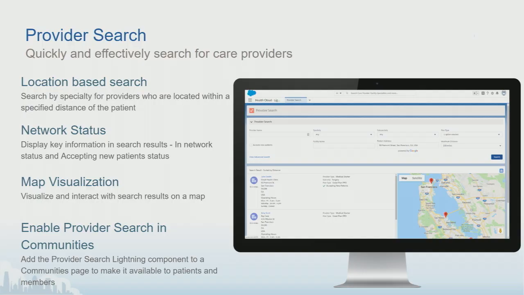The next feature that is really built on top of the provider data model, which is a key part of our provider relationship management solution, is provider search. So as a payer organization or as a medical device organization, you can enable provider search both for your members as well as for your internal employees, which could be sales reps or contact center employees. So some of the capabilities around provider search are the ability to perform a location-based search, where